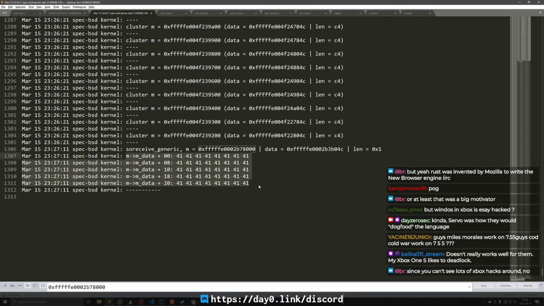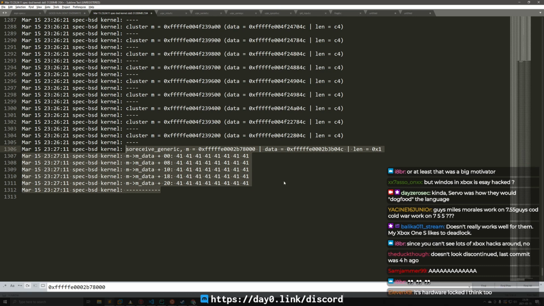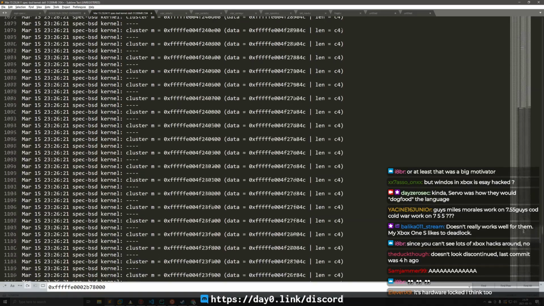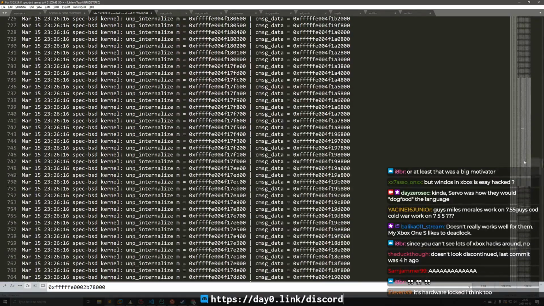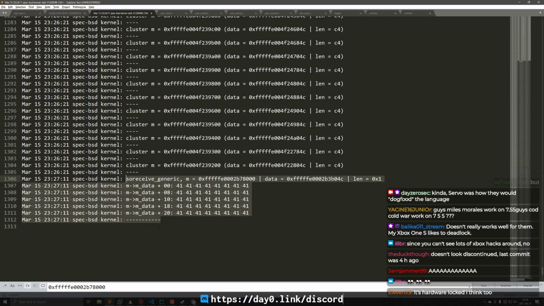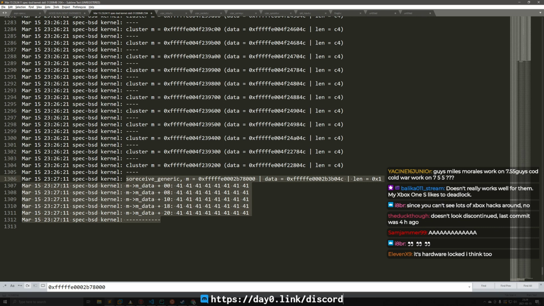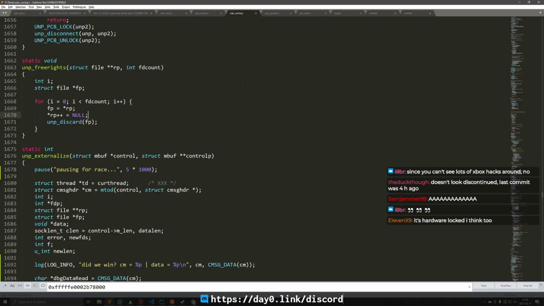Now, this behavior isn't totally what I expected, because I expected externalize to be called before the clusters were invoked, which isn't what happened. The sleep was put in unp_externalize, but that shouldn't be affecting this. So I'm not totally sure what happened there either. Let me look at my kernel modifications again.